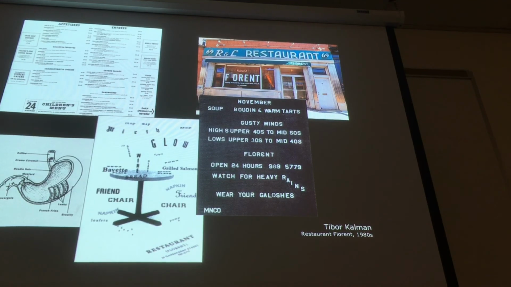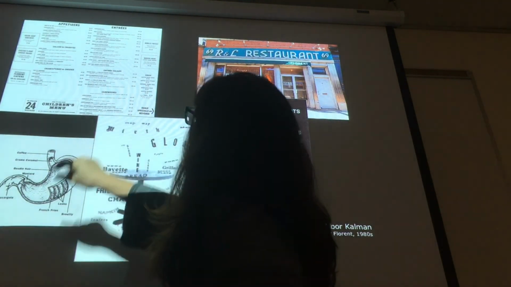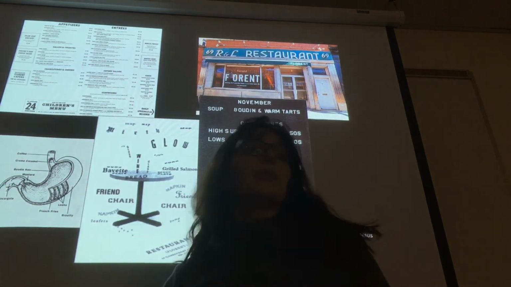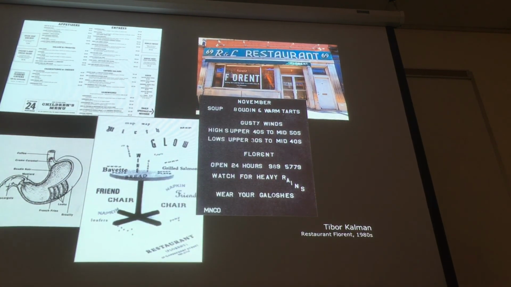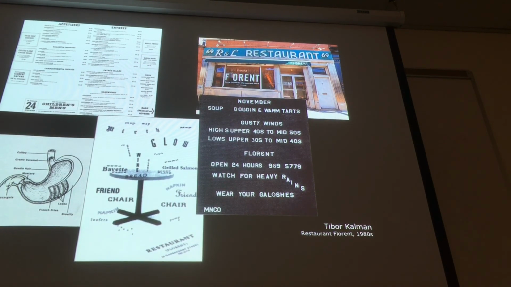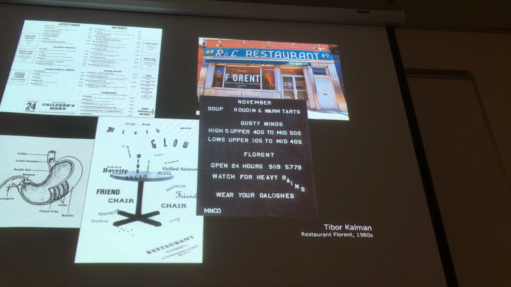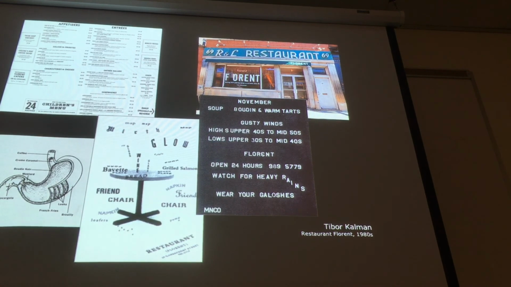It's got a little L placed between the F and the O, and if it was "For Rent," you're missing an R in there, so it's Restaurant Florent. He did this, but he purposely wanted this building to look like a rundown kind of diner. At the same time, when you start to look at it and you start to digest what this menu is, you got many dishes on here that are upwards of over $20 for things like a sandwich. So it's a high-end kind of restaurant in a very low-rent kind of looking place.